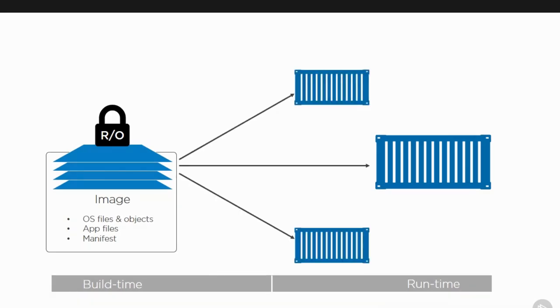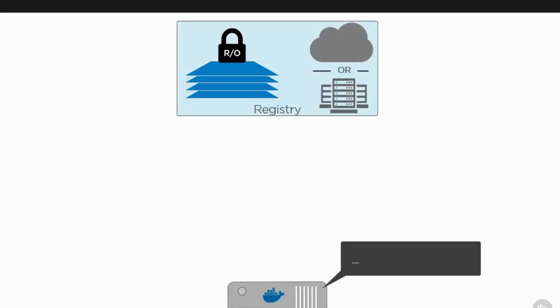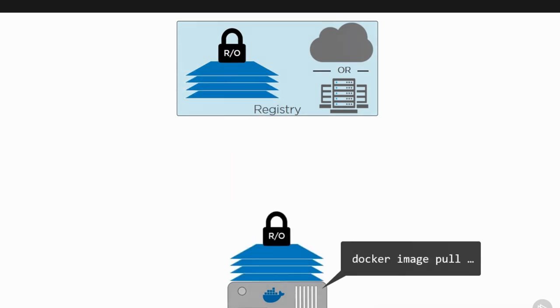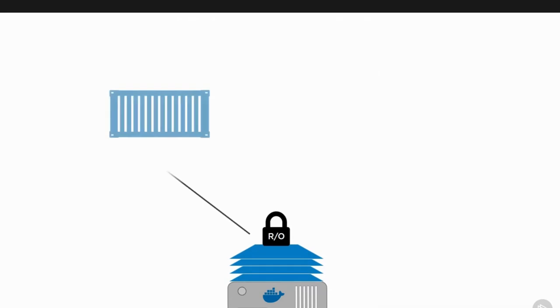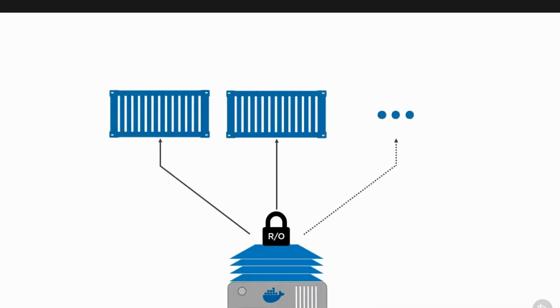Anyway, we take this and we start containers from it. So umpteen containers, all sharing a single image. And it's insane for efficiency in container start times. Now we store images in a registry, which could be cloud or on-prem, and we pull them down to our hosts using the docker image pull command. Once on our hosts, we can start containers from them. Now, we're only showing a couple of containers for simplicity, but remember, they are both sharing a single image,